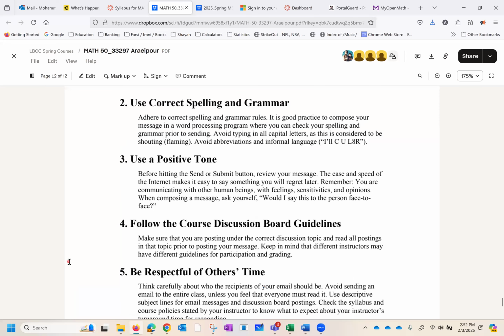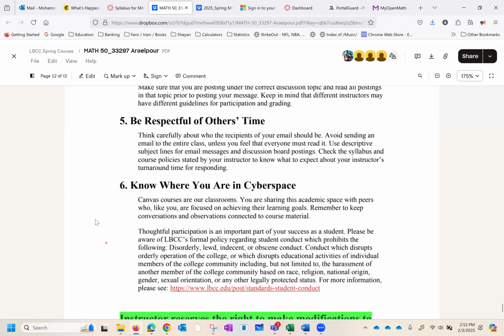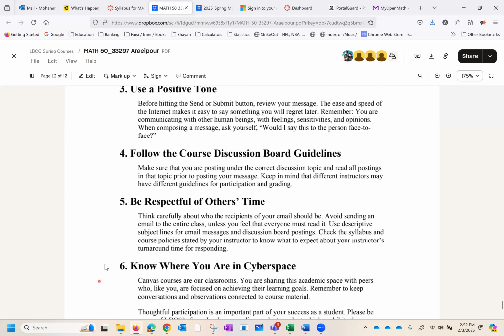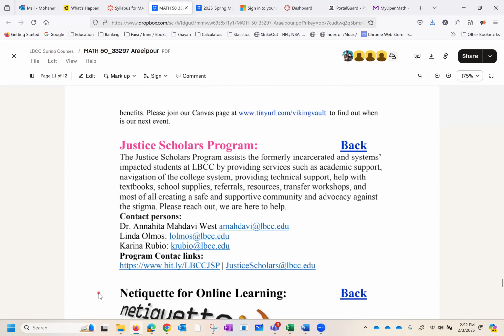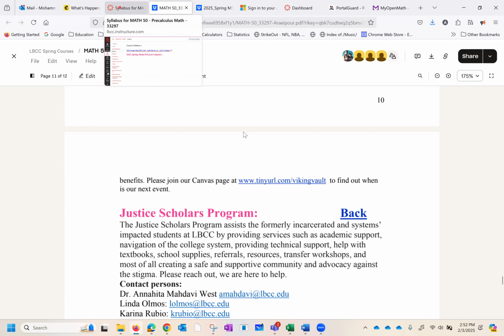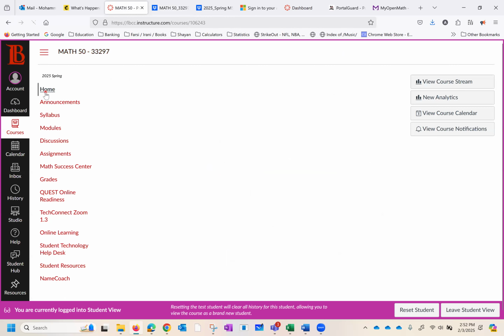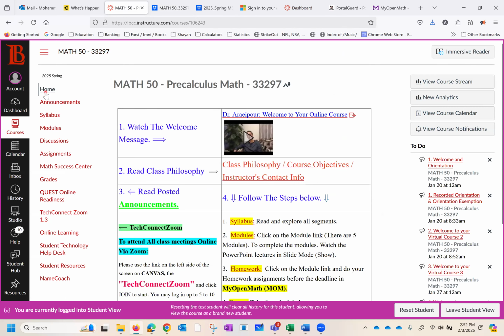We want to have respect for everyone. That's the bottom line. We want our fellow students to feel very comfortable, and so I highly recommend you take a look at this. I know everybody's going to follow that and you're in good shape, but just to be on the safe side, please just be courteous to one another. Make sure you are there to learn and also to help your fellow students if they need.